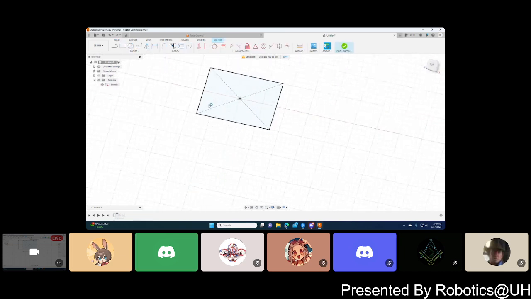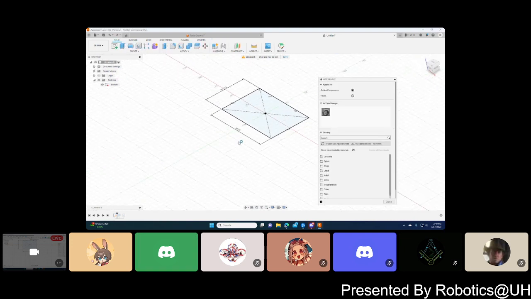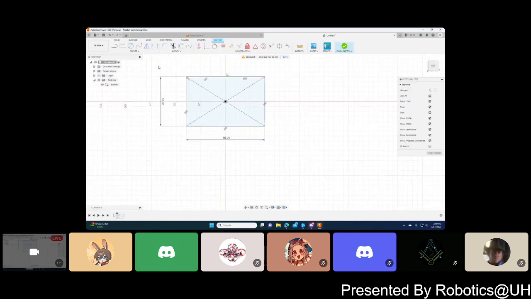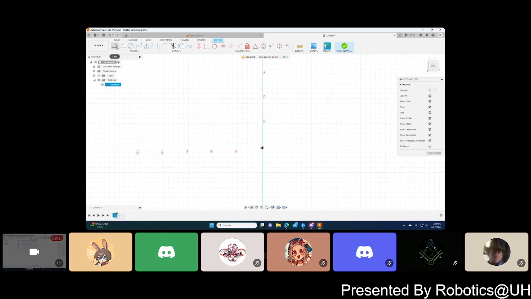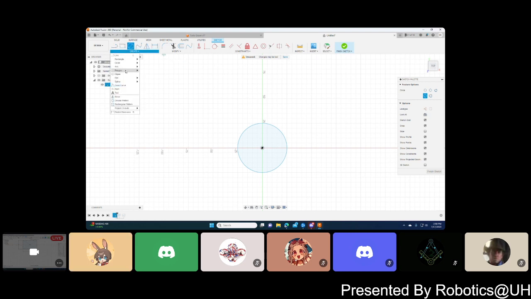Oh wait, wrong button. I'm going to just delete everything. Why not? I'm going to create a circle. I'm going to do what I did. Remember when you showed me how important constraints are? Oh yeah. I don't remember what I did. Probably something like